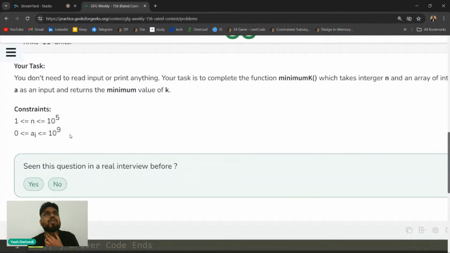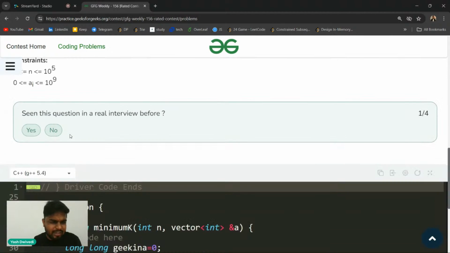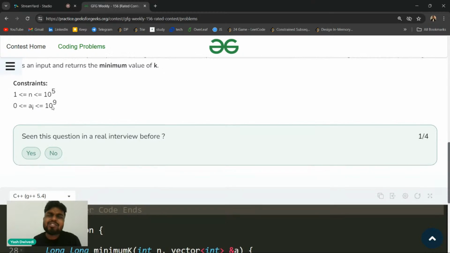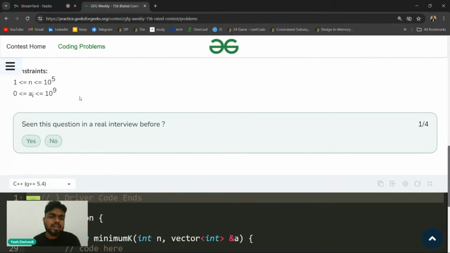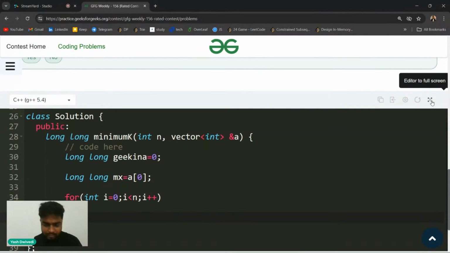If assume that this was the case, right? So if every element is 0, suppose every element is 0, Geekina is there. Then this might not work, but this is fine. In that case, you can choose the low as, if every element is 0, you can say that the low will be 1, at least 1. So you can do that if you want.